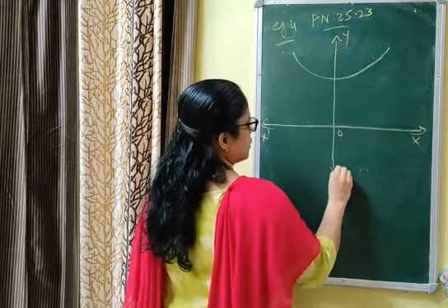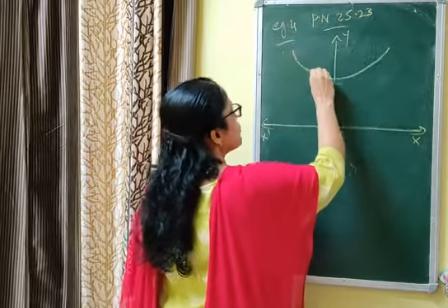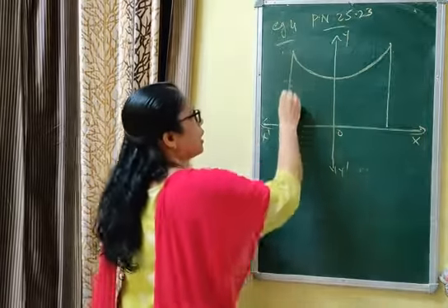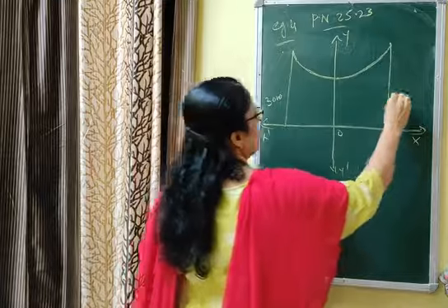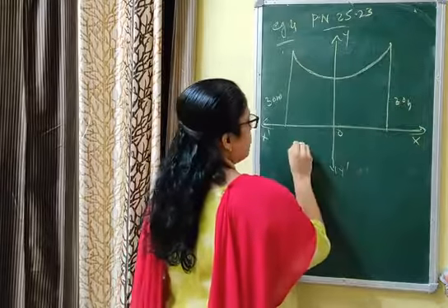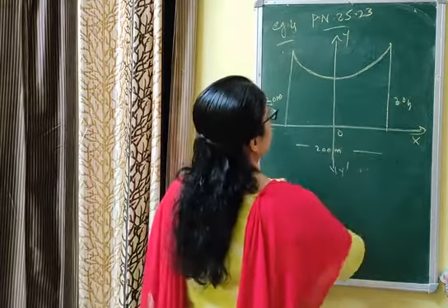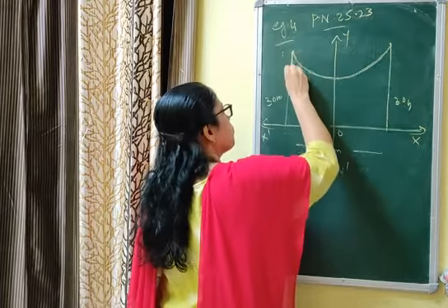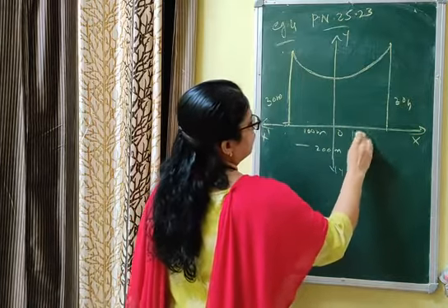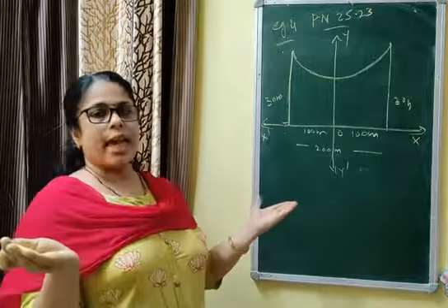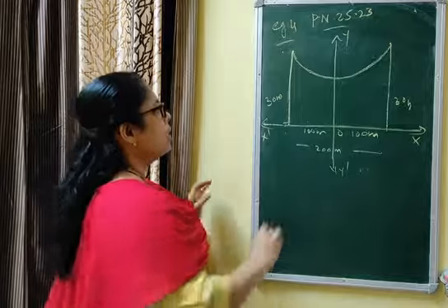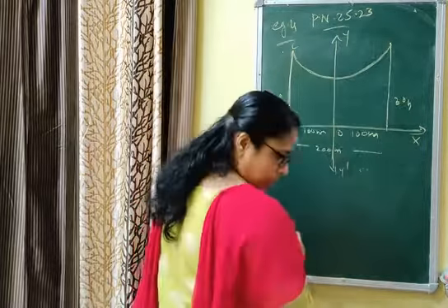This is x dash and y dash, and these are the tops, and from these two tops the bridge has been hung with 30 meter high cable wire. This is 30 meters, and this is hanging in the roadway which is 200 meters apart. The total width of the road is 200 meters. Since the axis is symmetrical, it must be perpendicular. This becomes 100 meters and this becomes 100 meters. The total is 200 meters, so the axis is symmetrical, dividing 200 meters into 100 meters each.